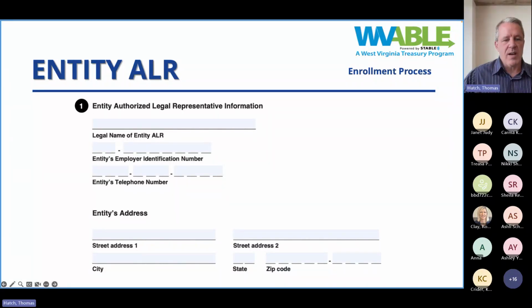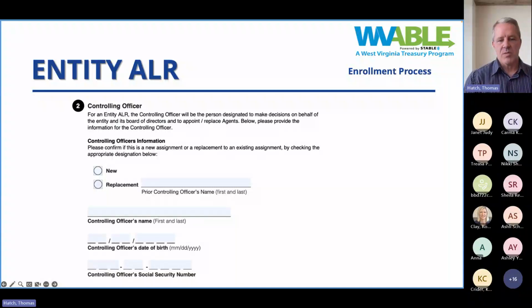After that information is filled out, then we go to the controlling officer. So as mentioned, this is the individual that has the authority to establish this within the company. Now, I will mention here, because sometimes some people feel maybe uncomfortable when we go through this and also the agent's information, which I'll get to shortly, it is asking for some personal information. And the personal information here is simply for our program manager, Vestwell, and the vendors that they use, namely Bank of New York Mellon, who does a lot of the paperwork and so forth in the background. This is just for identity verification purposes only.